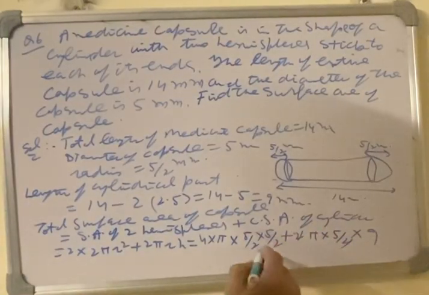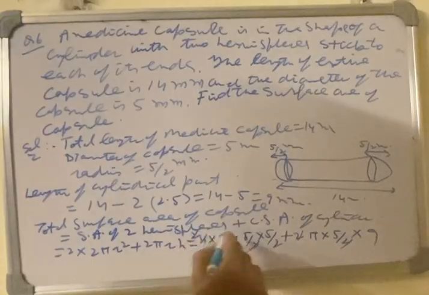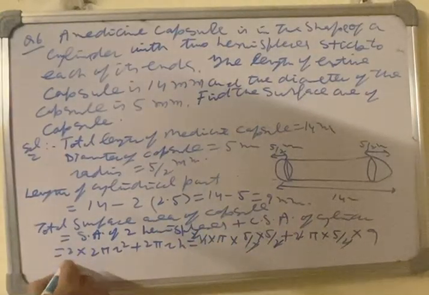This cancelled. This cancelled. So it is 25 pi